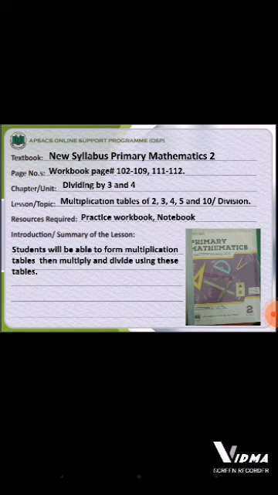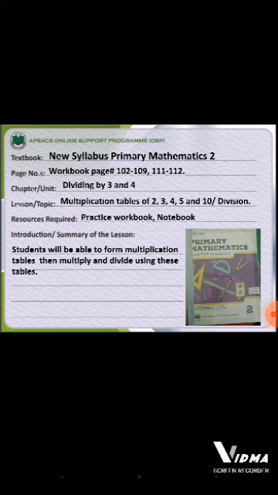Today we have mathematics class for grade 2. We are going to learn about division and the topic is dividing by 3 and 4. You will also revise multiplication tables of 2, 3, 4, 5 and 10. Resources required for today's lesson are practice workbook and notebook. Summary of the lesson is students will be able to form multiplication tables and then use these tables to multiply